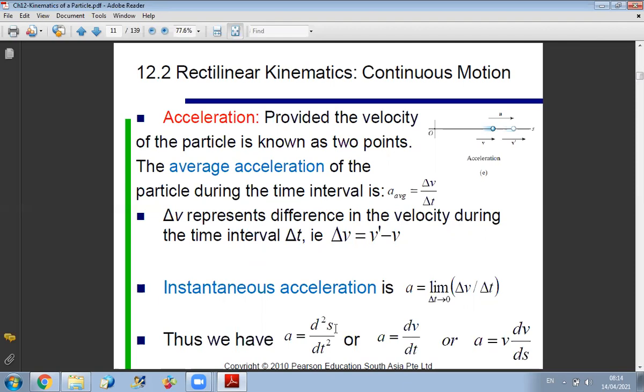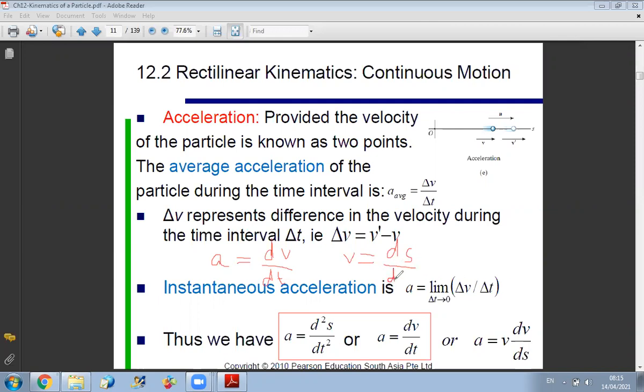Okay, so now in addition to these two relations, we can develop a third one that we can demonstrate by eliminating time. So we know that a is defined as dv by dt, and at the same time, velocity is the derivative of position with respect to time. So v equals ds over dt. Okay. So if you want to eliminate time between these two relations, you can, for example, from v equal ds over dt, replace dt by ds over v. So dt is